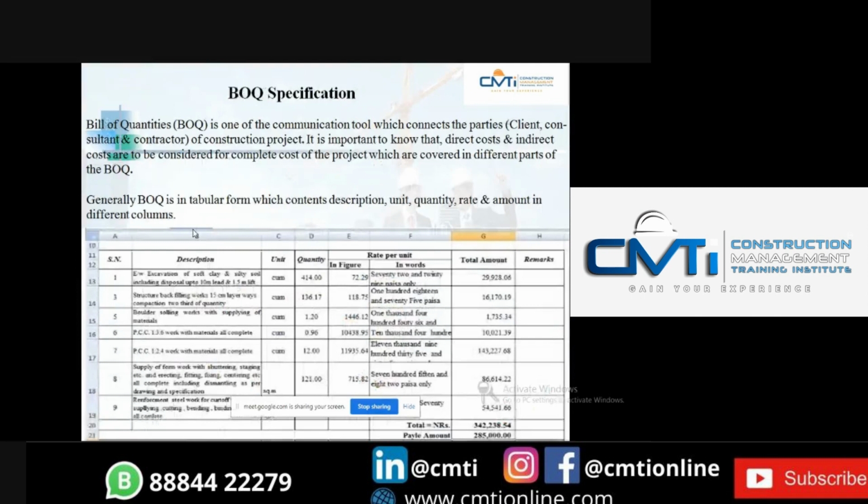Next is BOQ specification. Bill of quantities is one of the communication tools which connects the parties of a construction project. It is important to know that direct cost and indirect cost are to be considered for the complete cost of the project, which are covered in different parts of the BOQ.